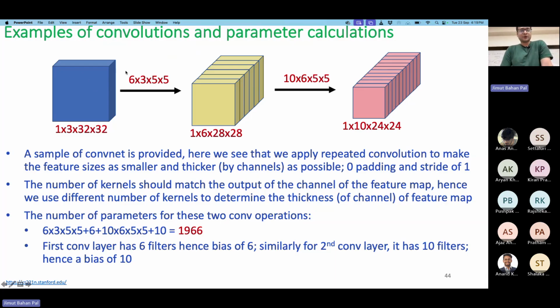So the input image is of 1 cross 3 cross 32 cross 32, and a kernel of size 6 cross 3 cross 5 cross 5 is applied. So if we are applying this, the output volume will be, so 3 cross 5 cross 5 will be convolved with 3 cross 32 cross 32. And since there are 6 of these kernels, the channel size will increase. So we will be getting an output of 1 cross 6 cross 28 cross 28. So 1 is for batch, 6 is for channel, 28 is for height, and 28